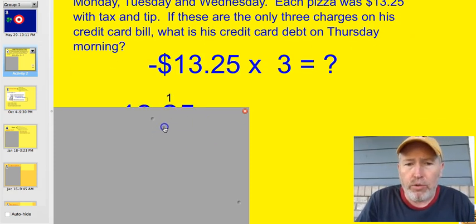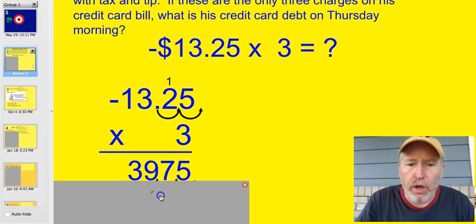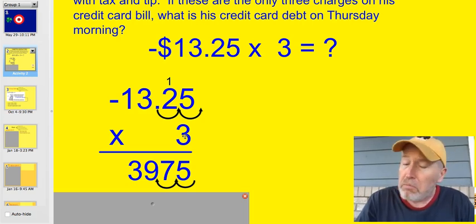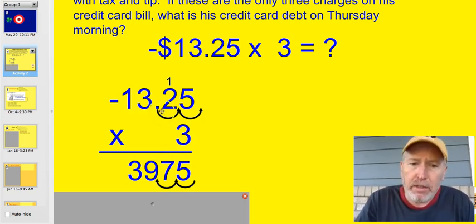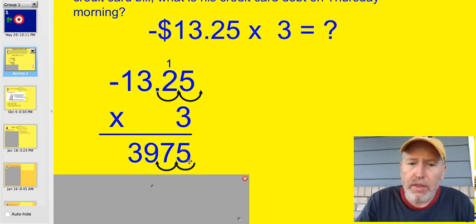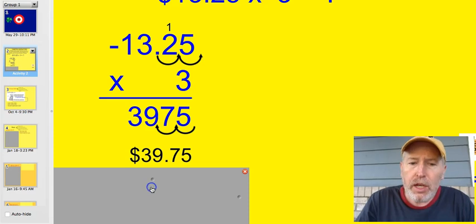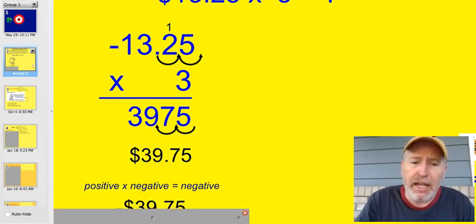Now I'm going to show you how to go through and do this. I did the work for you. You just multiply 13.25 times 3 and forget about the decimals. When you're done with that, you count the decimal places. There were 2 in this problem: 13 is 0.25, here's 1, 2. And then you take them out and you put them right back in. 1, 2. Back them out, put them back in. So it was $39.75 worth of charges, which really reflects as a negative